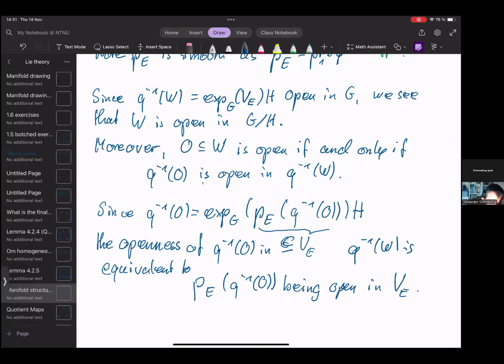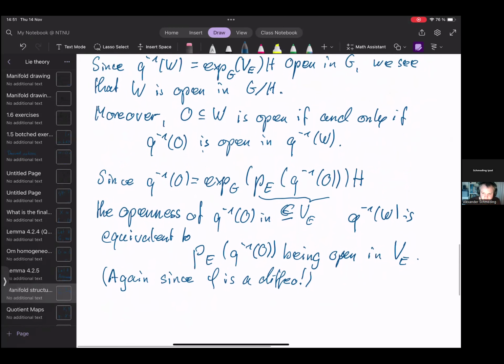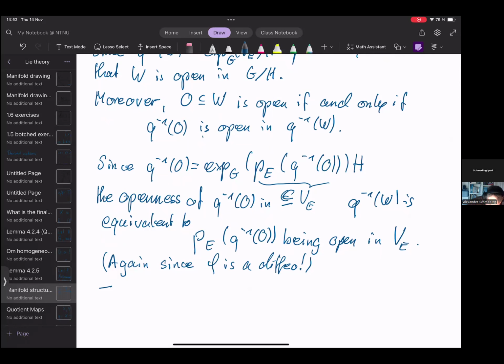And this is again due since phi is a diffeomorphism. So in particular, it's a homeomorphism. Okay, great. So therefore,